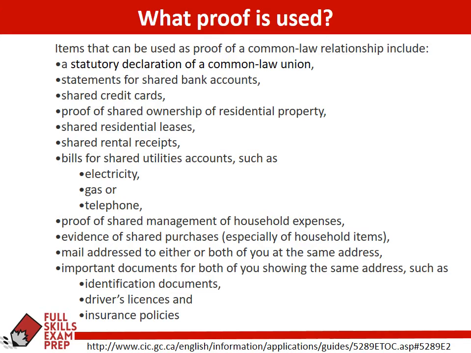So if you remember from before, we had this big list of items that can be used to prove this. We can see that they've been living together. There's no real mention of them sharing electricity bills and that kind of thing. But just to reinforce this knowledge in you in studying this topic, remember that basically in a marriage, people will share bank accounts and electricity bills and that kind of thing. And remember that a common law relationship is almost the exact same thing as a marriage. So in order to prove this relationship, they would have to prove all those marriage-like things.